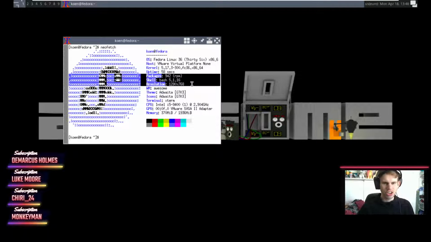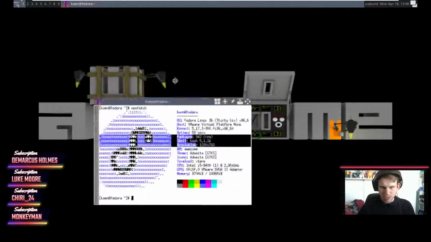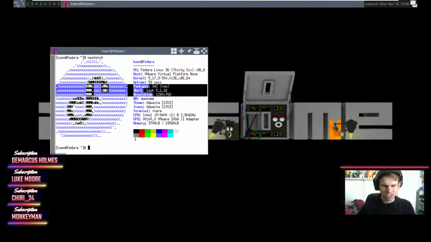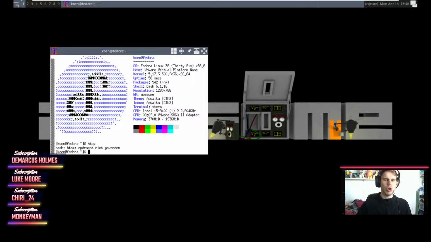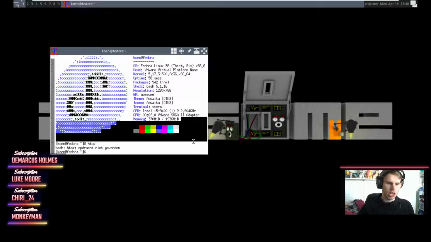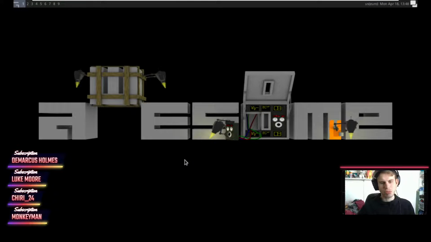We're running under just 1,000 packages, which is not bad for a basic system. And as you can probably tell, this is a relatively lightweight system also. We're only running on less than 400 megs. Now, once we're actually loading up a bunch of other stuff in here, it can start to eat up a little bit more RAM than what it is right now. But, you know, this is not bad. This is a really good first draft for what we're going to be working in for the rest of it.